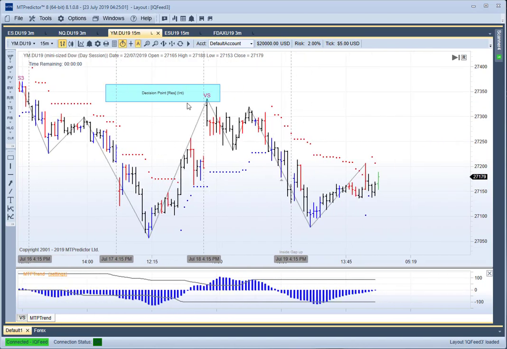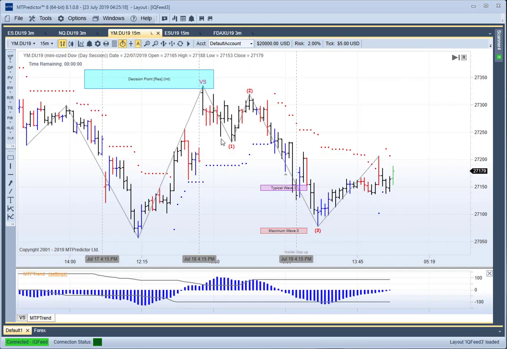Here it was: the market went up straight to your resistance, it came down with an initial move, it went up for a wave 2, it then retraced down in a wave 3. There it is, a perfect 1, 2, 3, and that is the move you're looking to trade with a wave 3 trade setup. So on the higher time frame chart, really nice, clear and clean, exactly what we're looking to do. Come in here at the wave 2, looking to trade the wave 3, which is the strongest and longest wave, into the typical wave 3. So on the 15-minute chart, really nice, clear and clean.